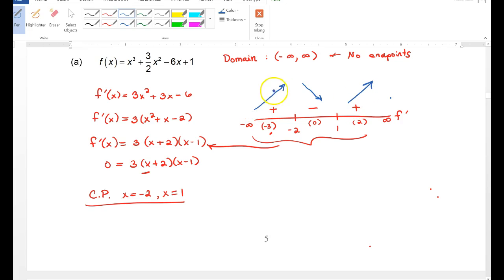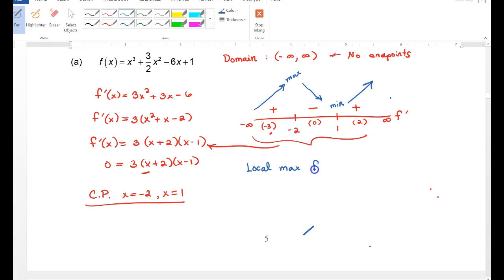Now what happens is these arrows tell us the behavior of my graph. So I know it's going to start here or it's going to go all the way down to negative infinity actually, and it's going to go up, and then it's going to be reaching the maximum value. Then it's going to go down, and then it's going to be reaching a minimum value at 1, and then it's going to go on. Now these are not absolute, because again, if you kind of imagine this goes on to infinity, this is what we'd have, a local max. So I have a local max